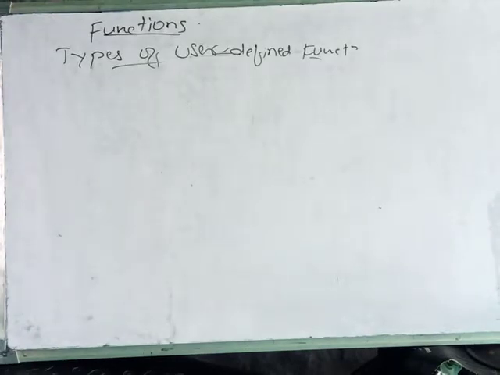A function, we already know, is a subprogram. When the program is large, at that time we divide the program into small programs. Those small programs we call functions. These functions we can develop independently, we can test them, and we can compile them. And whenever we require, we can use the function in our program or in other programs also. Now we see there are mainly 5 types of functions.